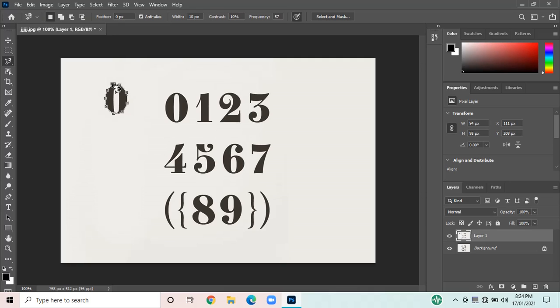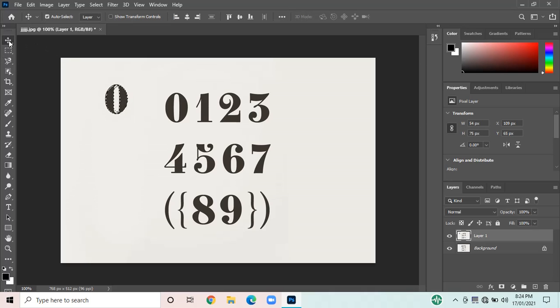Then I will do the inside selection and hit Enter. So you can see only the 0 without the inside white part has been selected.